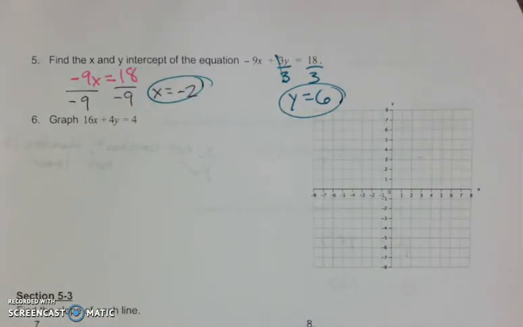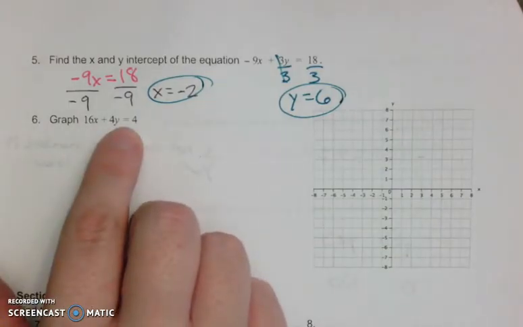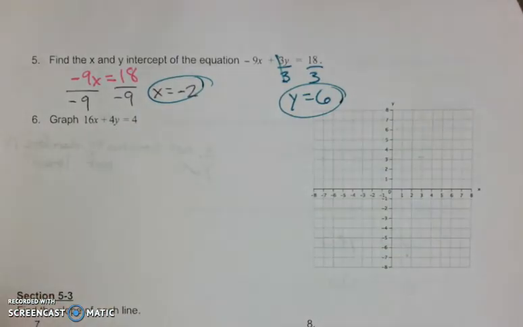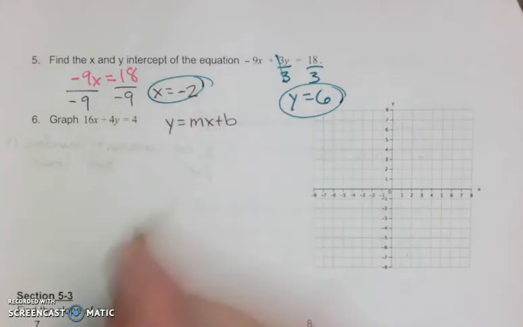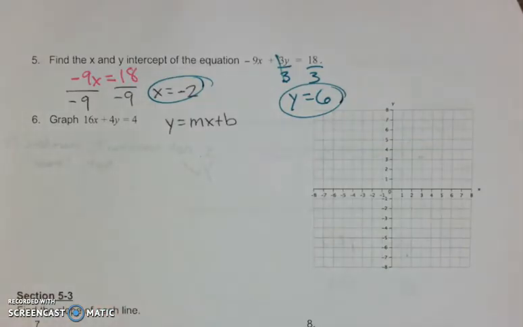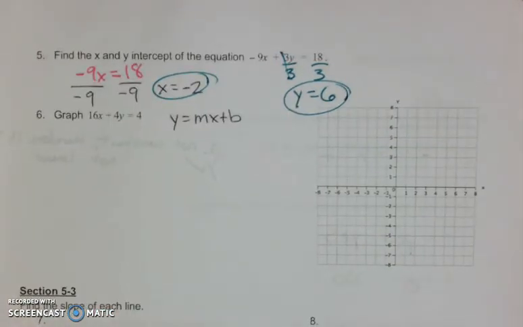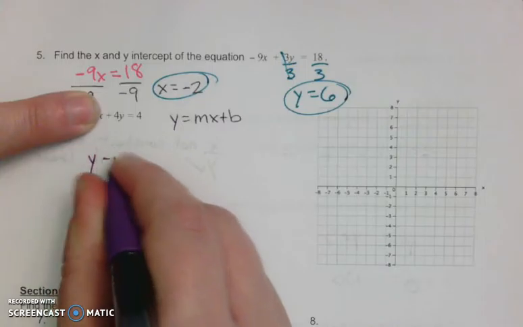So number 6, we're going to graph it. So I'm going to do the same method to find my x and y-intercept, since it's in standard form to graph. You can put this in y-intercept form if you want. If you like to graph better where y equals mx plus b, I like this way too. You can solve for y and graph that. But since it's in standard form, I'm going to use this method to find the y-intercept because it's a little